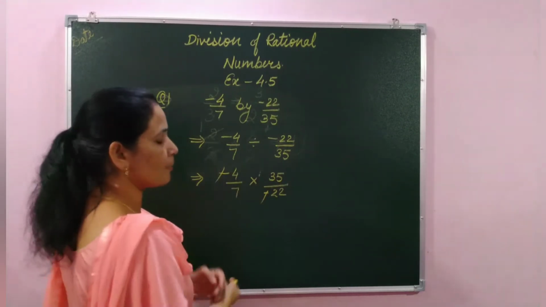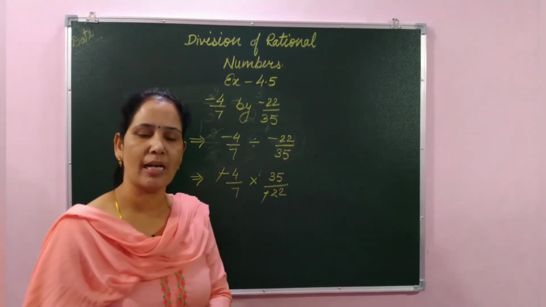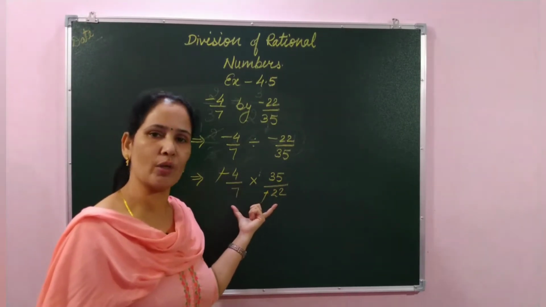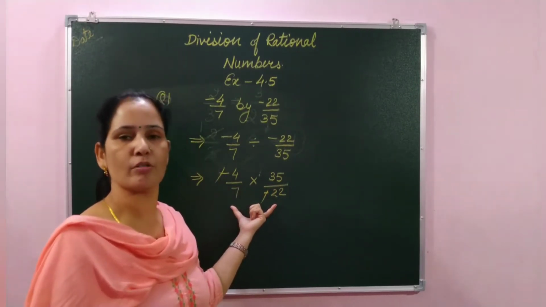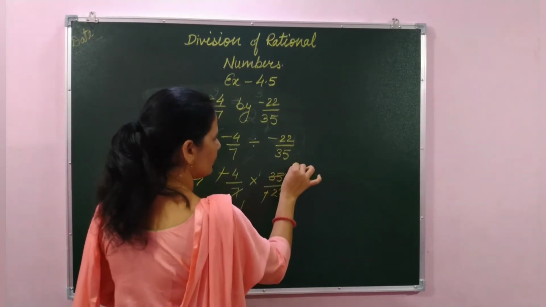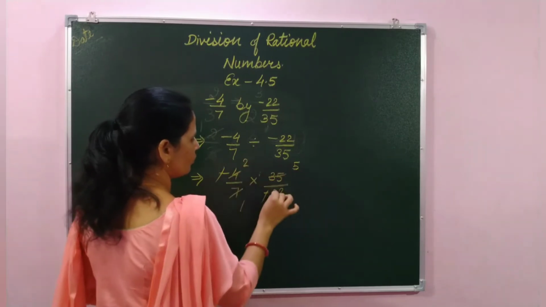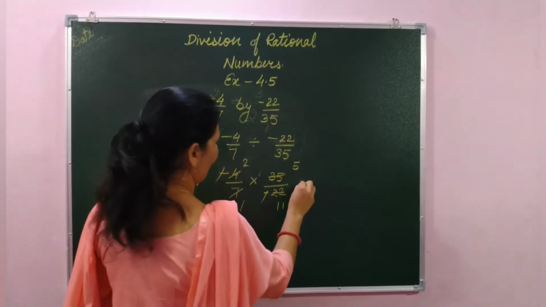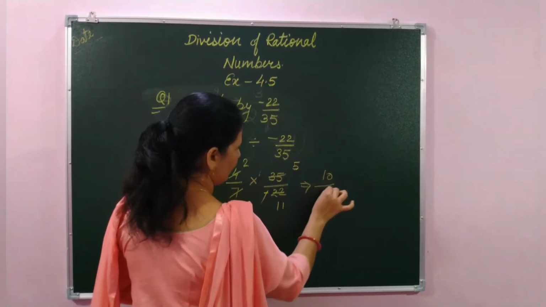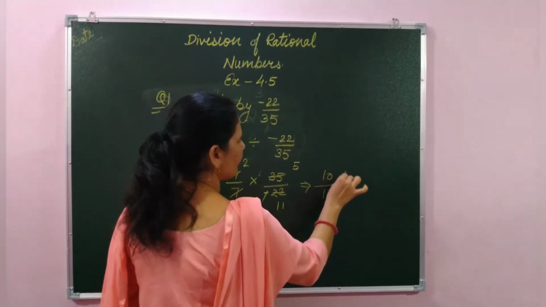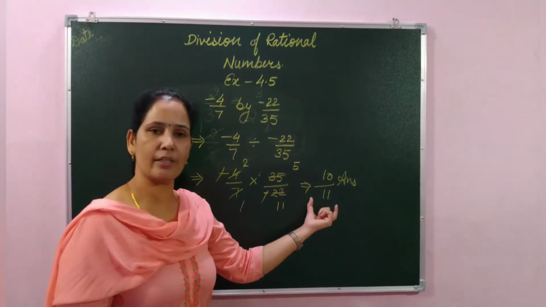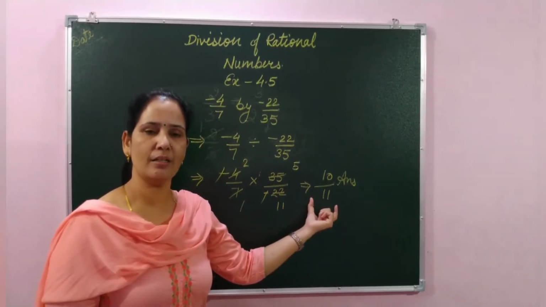Okay. Now is it possible to cancel out? Then it cancels out, and after that the same procedure applies, it has now become a product of two rational numbers. So we follow the same procedure to solve this. So here 7 ones are 7, 7 fives are 35, 2 twos are 4, 2 ones are 2, 2 ones are 2. And if we solve this, 2 fives are 10 and 11 ones are 11. So from here we get the answer 10 by 11. Here we get the division of two rational numbers.